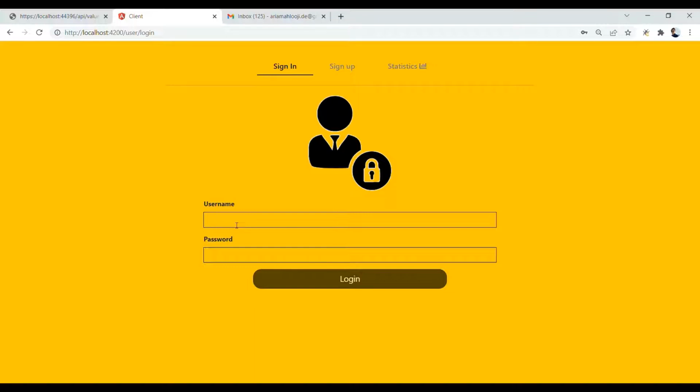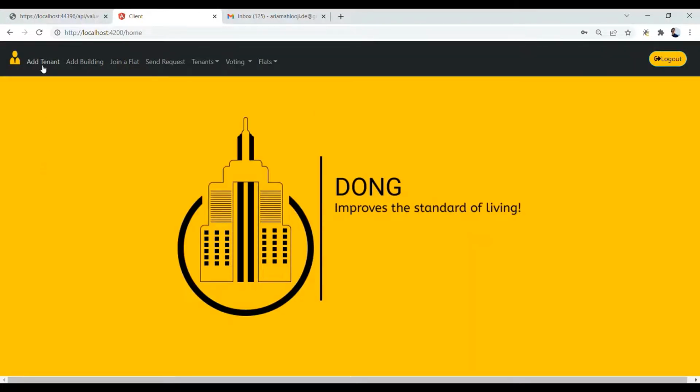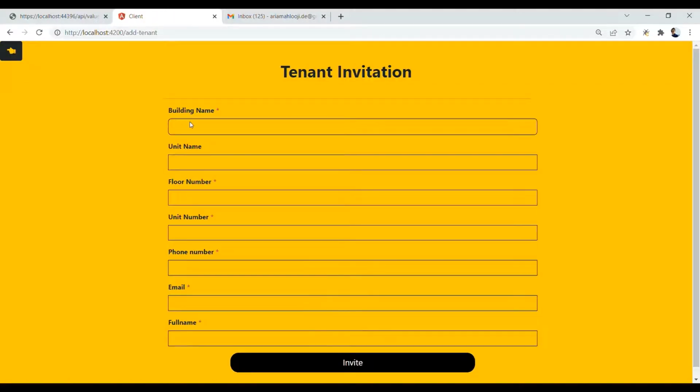After adding a building, you can invite tenants to join the building. Currently I have a manager named Eileen, and here I can add tenants, choosing the building. This drop down list is not shown in the video. Here this building is chosen, and the unit name is a kind of ordinary room, and floor number is 7, unit number is 789, phone number, the email,